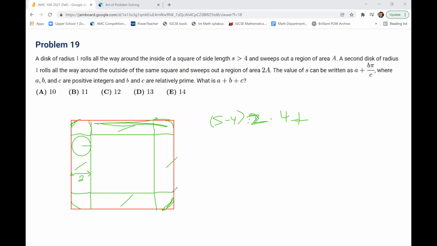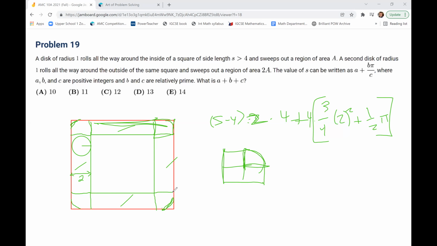so if we kind of picture what this thing looks like, it's something like this, where this is a quarter circle, and then this is sort of like 3/4 of a square. So it's like 3/4 of 2 squared. But remember, there's 4 of them, plus 1/4 pi r squared, where the radius is 1. So just pi, basically. So you have that, and that's going to basically be that area,